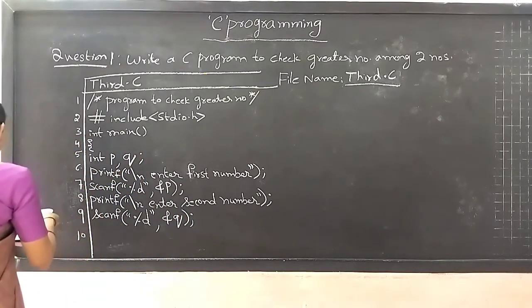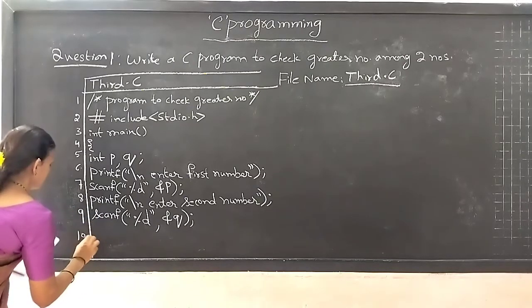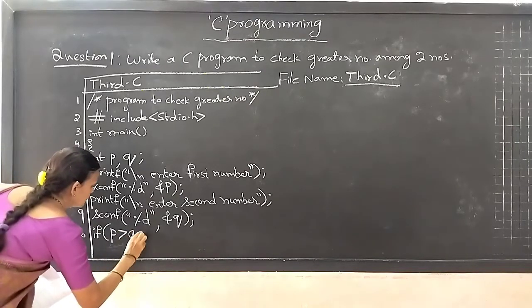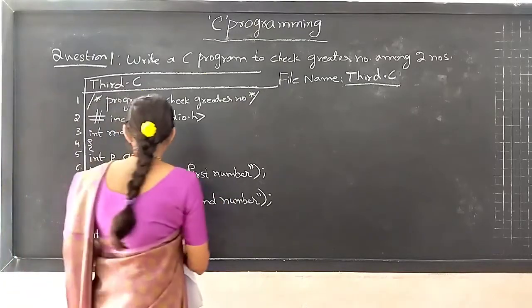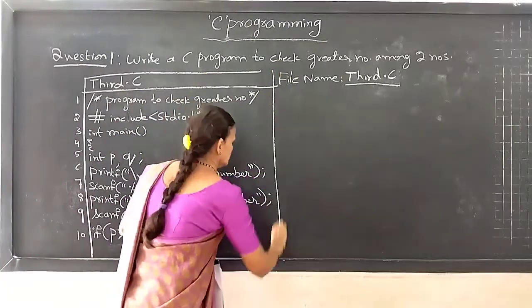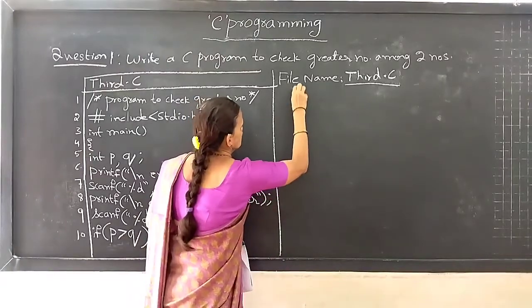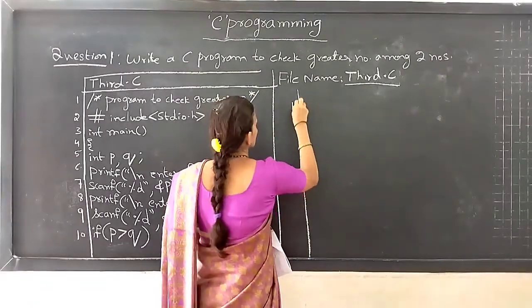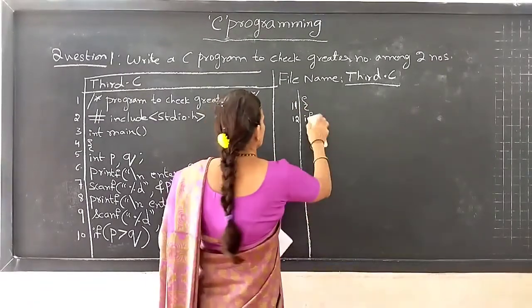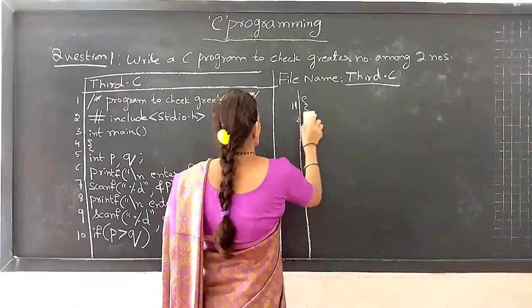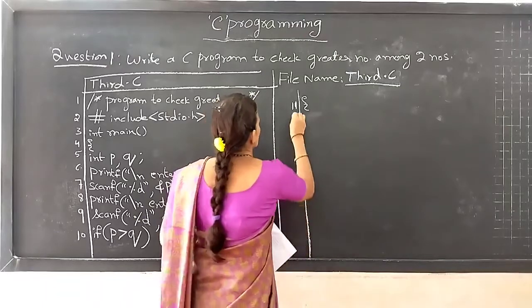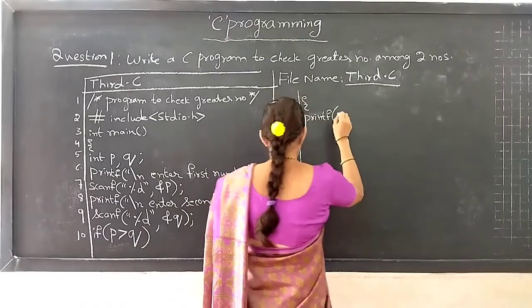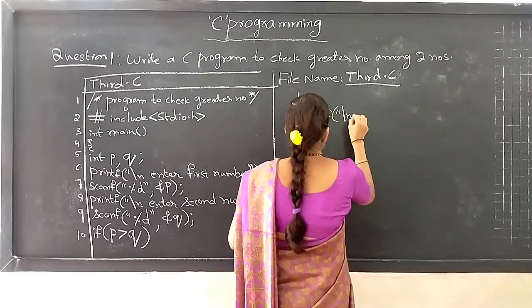and next we have to write if, open bracket, p greater than q. Continue writing the 11th line. You have to write if. Before that, you have to start with the open flower bracket. After writing the flower bracket, the next line is printf. Printf, open bracket. You have to write \n